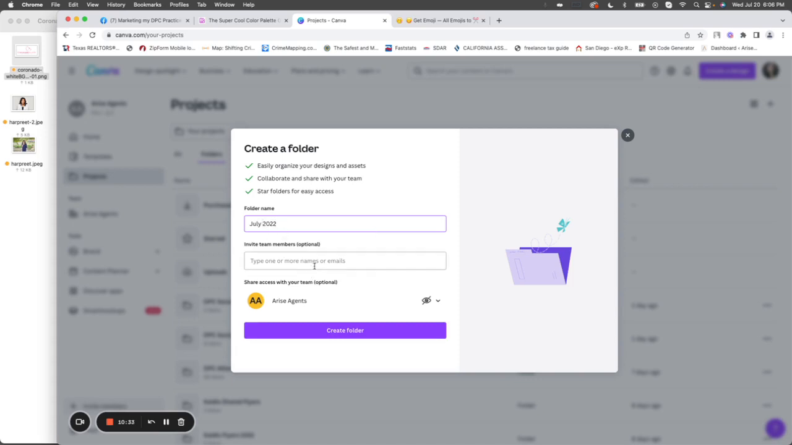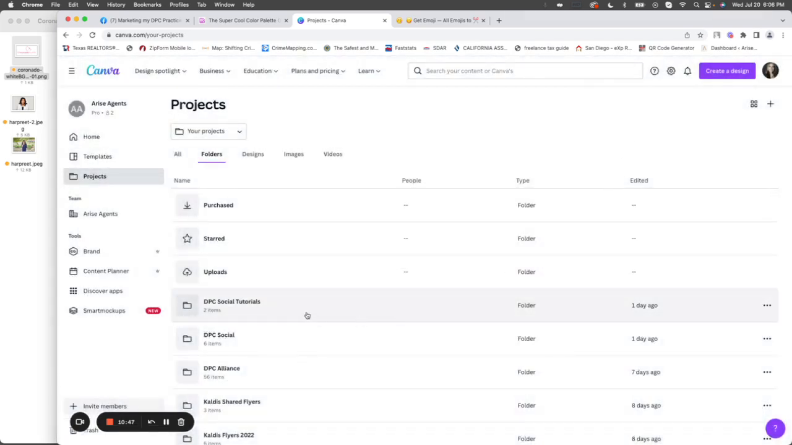If you have people that help support your practice and admin staff or whomever might help you do this, you can actually send them an invite for their email, and then both of you guys, or however many of you guys, will have access to the folder. So I'm going to go ahead and open my